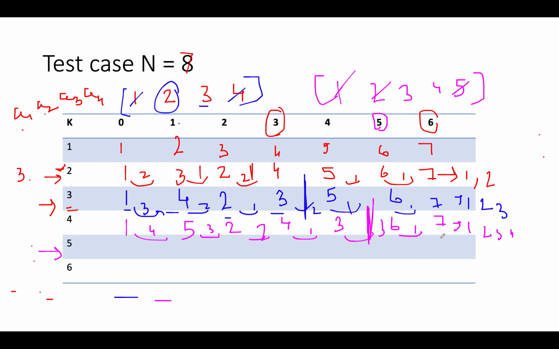So where are we going to keep the breaker? We'll keep the breaker at 6th index, and let's try and fill the elements. We have 1, 2, 3, 4, 5, 6. And let's fill the array. Minimum value, maximum value. Then we have minimum value as 2, maximum value as 5. Then the minimum value is 3 and the maximum value is 4. And the last value is 7.